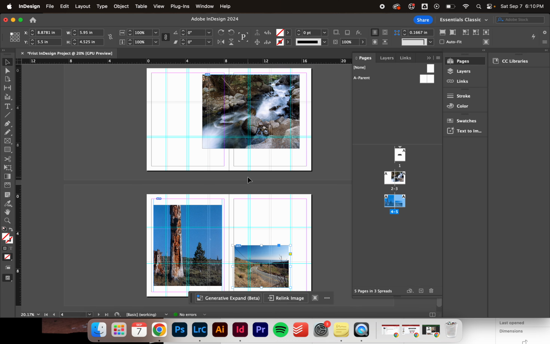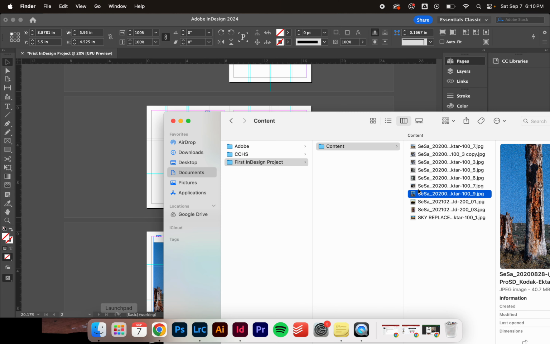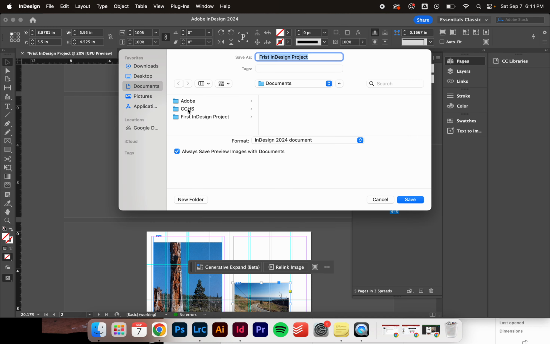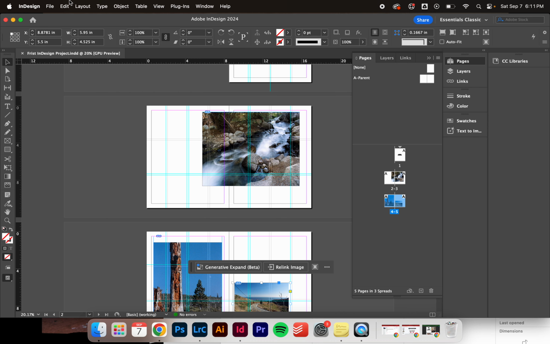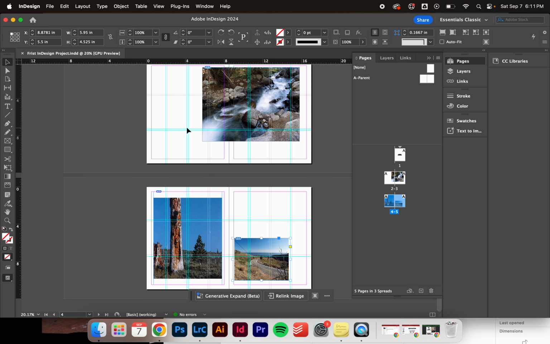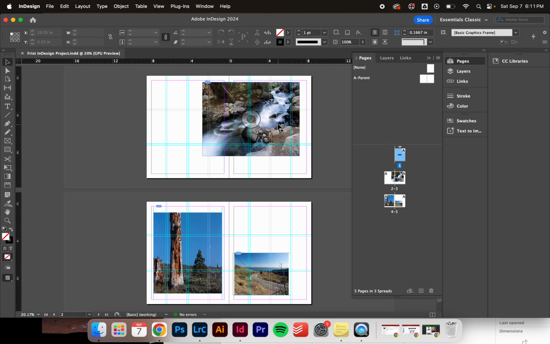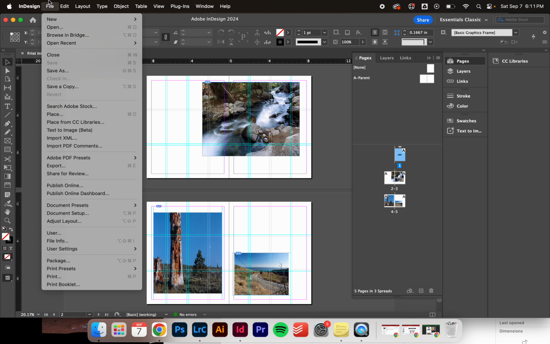Once you guys are happy with whatever photographs you put in here, oh, by the way, save as first design project here. Once you guys are happy with how you've created your design with your photographs and you like the choices that you've made, because you can notice making them bigger and smaller, what you choose to put next to each other does make a difference. We're going to click File,